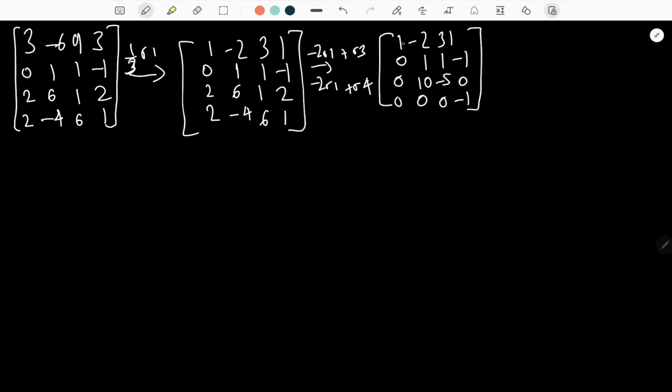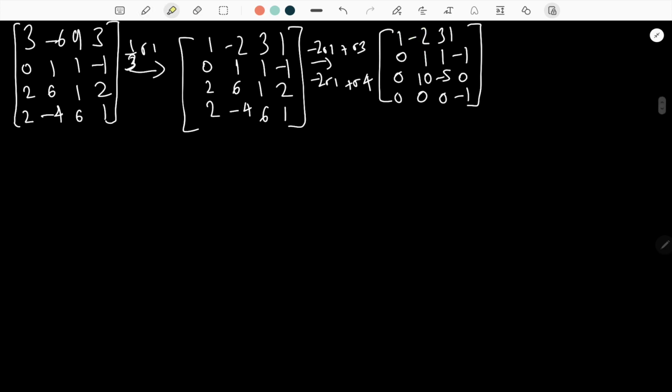And now if I highlight the pivots, this is the first pivot, this is the second pivot, and there is a number below it, we can use this one to eliminate this 10. So now let's do that. Let me just write it down here. So we can use minus 10 r2 plus r3, and this will give you